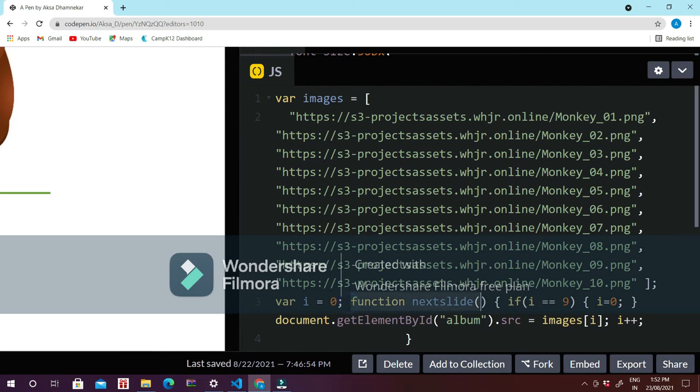Function next slide. Now I am assigning the function for the next slide. If i == 9. Remember, if there are two equal signs, then it means that we are comparing something. But if it's only one equal sign, then we mean that we are assigning a value to it.